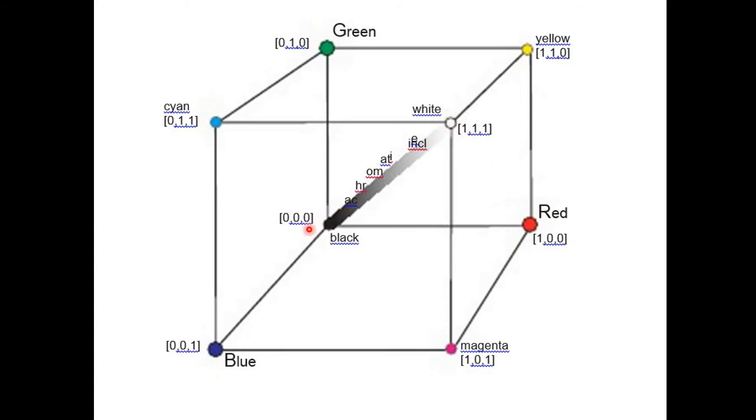White point with respect to black point. You can see the white point covers distance in 3 directions. The white point is parallel to red, like this one. The white point is also parallel to blue in another direction, and the white point is also parallel to green in this upper direction. You can consider it as a complete box.